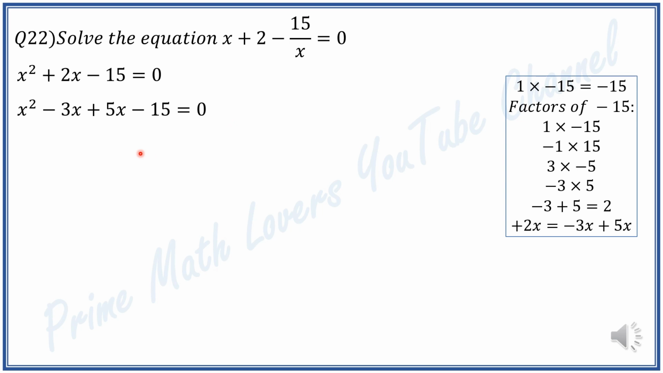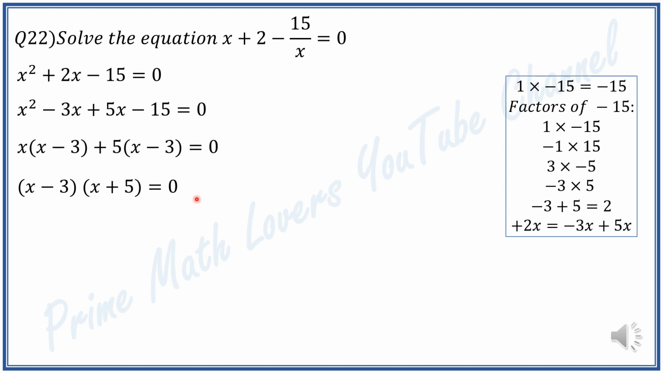Group the terms into two pairs, x squared minus 3x and 5x minus 15. Then factor out the greatest common factor from each pair separately. From the first pair, we factor out x and we get x times (x minus 3). From the second pair, we factor out 5 and we get 5 times (x minus 3). Now we can finally factor out x minus 3 and we get (x minus 3) times (x plus 5) is